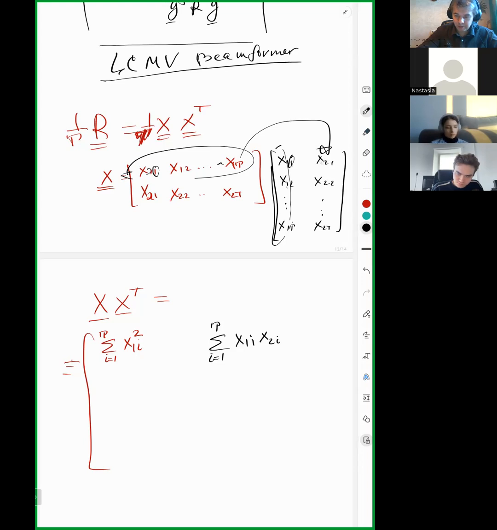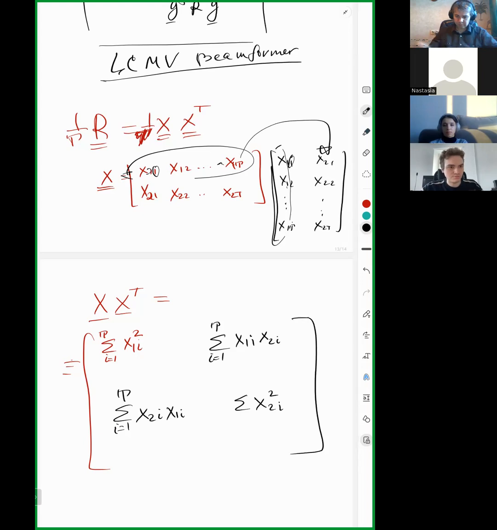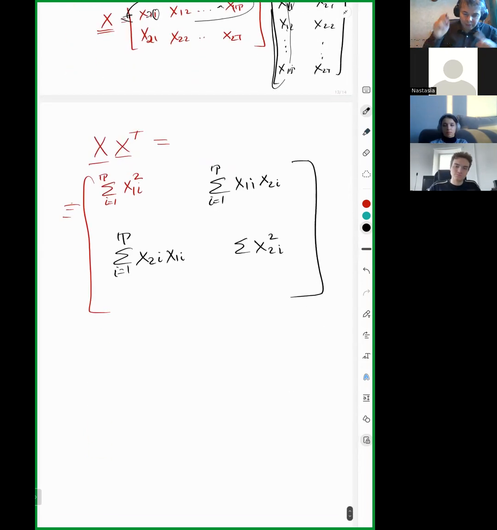And then similarly here it will be x2i x1i, which in our case is the same thing because they are symmetric, and then you will have x2i squared. And if we put 1 over